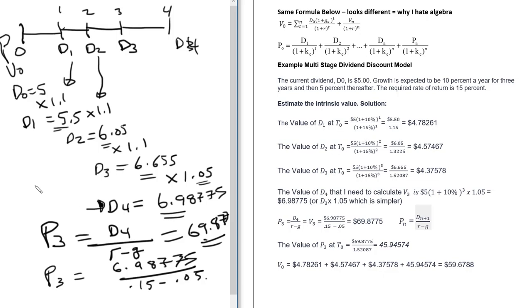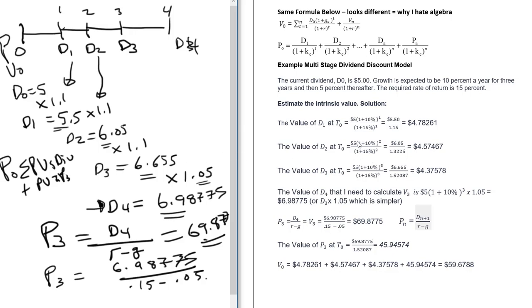So now what we need to do is to get the P0, we need to do the sum of all the present value of the dividends plus the present value of that P3. Okay? So that's what we're reviewing here. So you can see there's the D1, 5.50. Yeah, we had it right. D2, 6.05. That's right. D3,